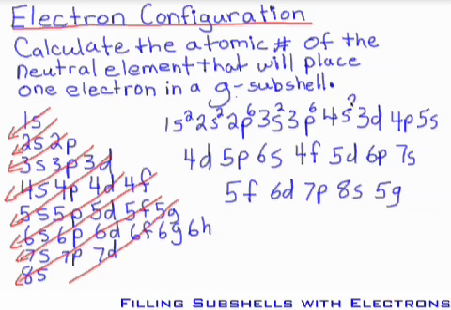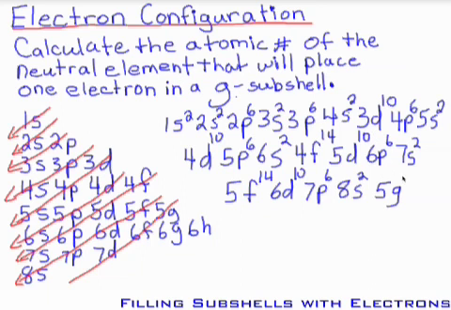S can hold 2. Notice we're filling the lowest energy first. D has 5 orbitals. Each can hold 2 electrons. That's 10 electrons. P is 6. S is 2. D is 10. F is 7 orbitals, each with 2 electrons. That's 14 electrons. D 10. P 6. S 2. Now the question states the atomic number of the neutral element that will place 1 electron in